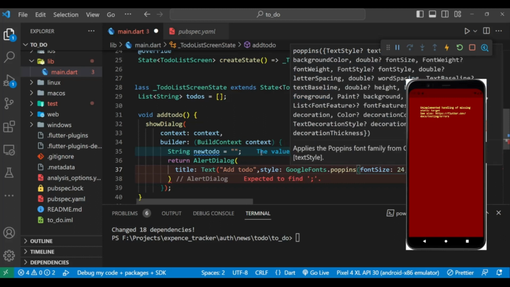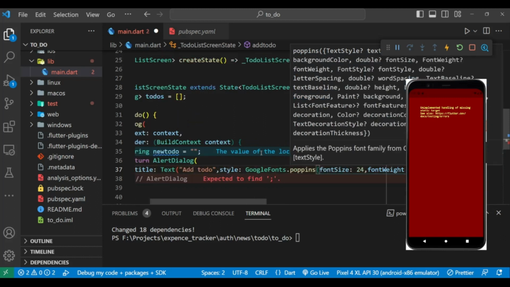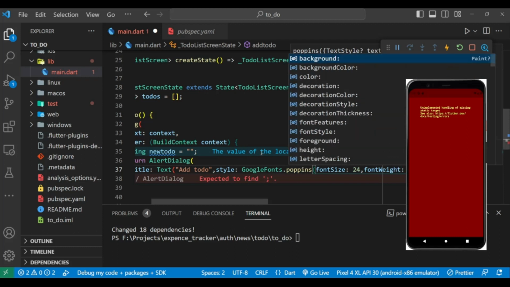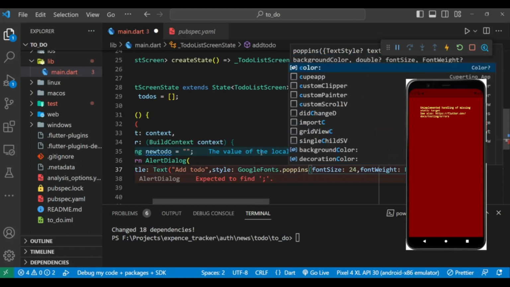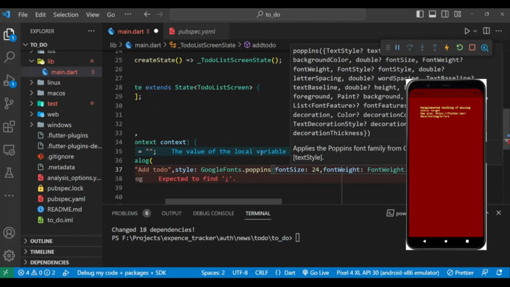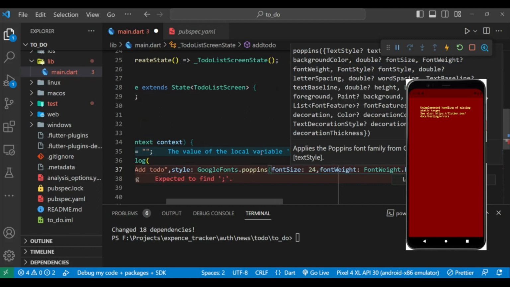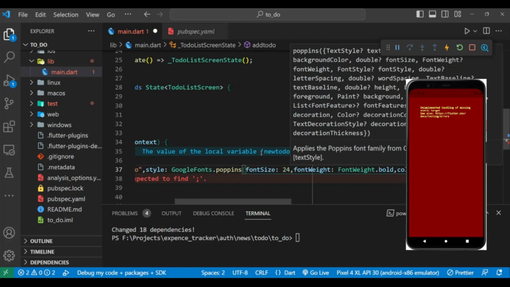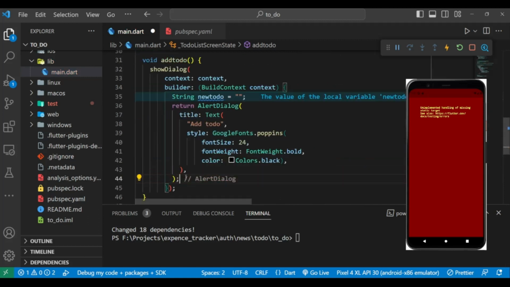Font weight can be bold. The next thing is color. The color property should also be included. You can give it black. Let's give it a comma here. So we have created a title, and